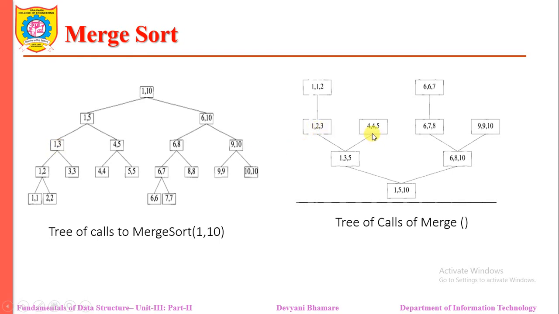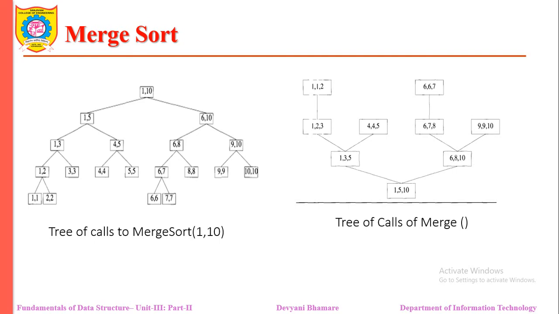Then similarly here fourth and fifth elements are merged. So now the entire elements of first, second and third positions and fourth and fifth positions are merged. We get the array in this position, meaning 1 to 5 and here 6 to 10. Now these arrays are going to be merged to get our entire array, which is sorted from first location to 10th location. So this tree of calls to the merge sort and tree of calls for merging will help us understand how the array is divided into sub arrays.